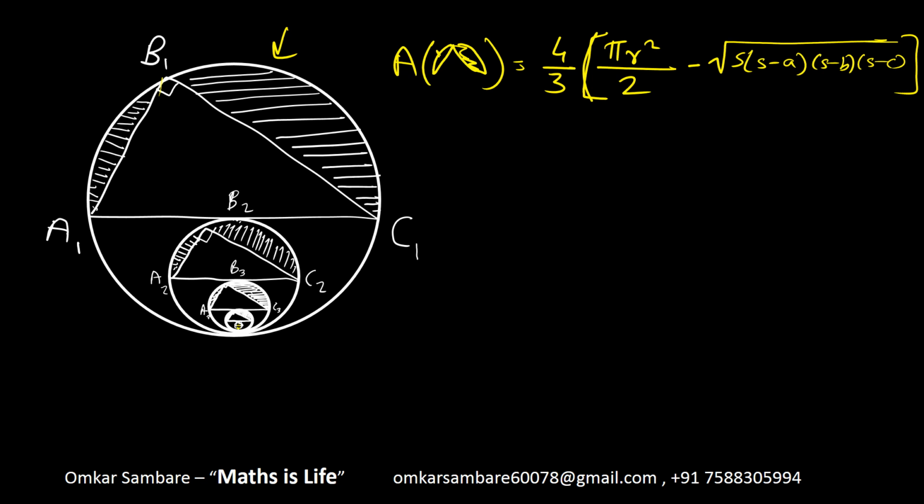Okay, what are the sides here? It is 9, here it is 12, and here it is 15. 9 square plus 12 square is 225, and its square root is 15, so this is 15. So a is 9, b is 12, and c is 15. What is the radius? It is half of A1C1, that is r is 7.5.